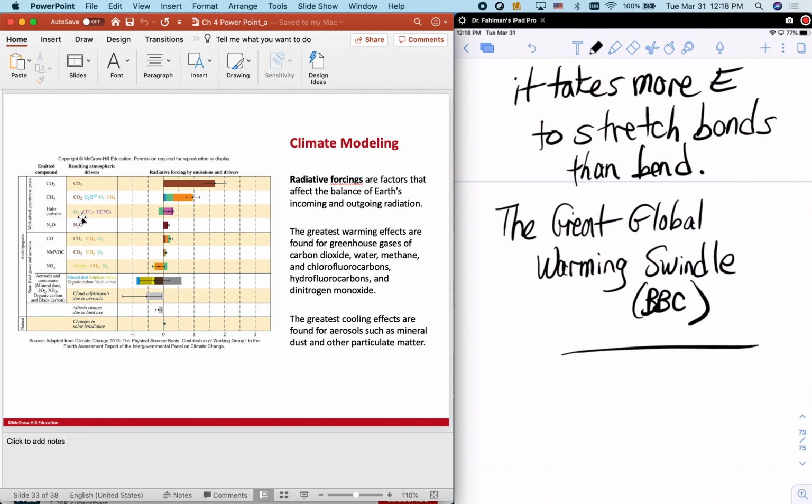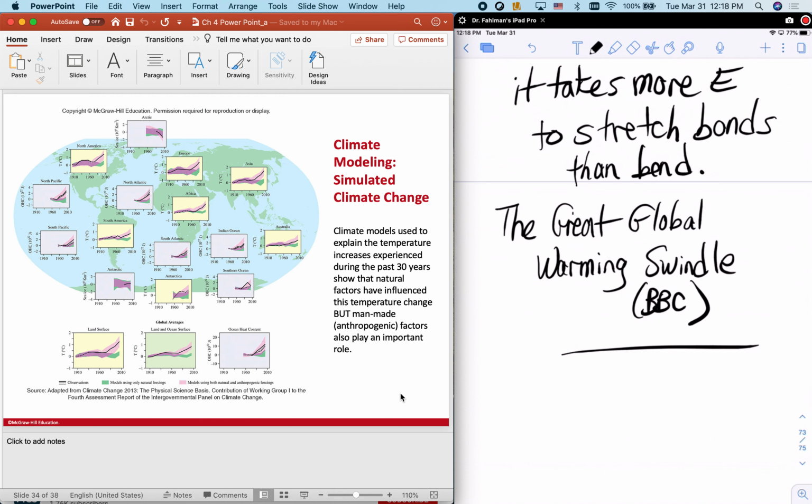Climate modeling can get really complicated, and so they've got these forcings, and the more positive the forcing is, the more it's going to increase global temperatures. And so things like CO2 have a huge positive influence on temperature, and same with methane, other gases. Whereas things like aerosols or dust in the air, cloud cover, will have a negative forcing, okay? And so in all the climate models, they're putting all these in. So particulate matter, if it's present, will have a negative influence. That'll have a cooling effect on Earth's temperature, okay? And so then they put it into these models,